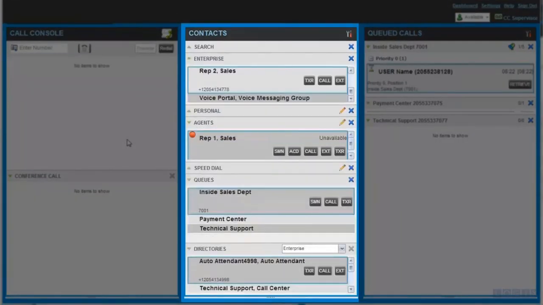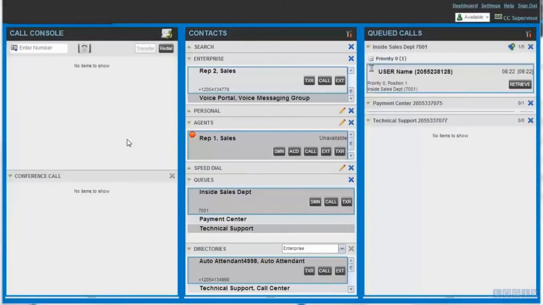The center of the screen displays the supervisor's contacts, including a searchable directory list of enterprise, personal, and speed dial contacts, which is used for click-to-dial and drag-and-drop transfers of calls, etc. The agent section shows a list of all agents the supervisor has elected to monitor. From here you can see agent sign-in status, in-call details, plus the supervisor can silently monitor and barge in on